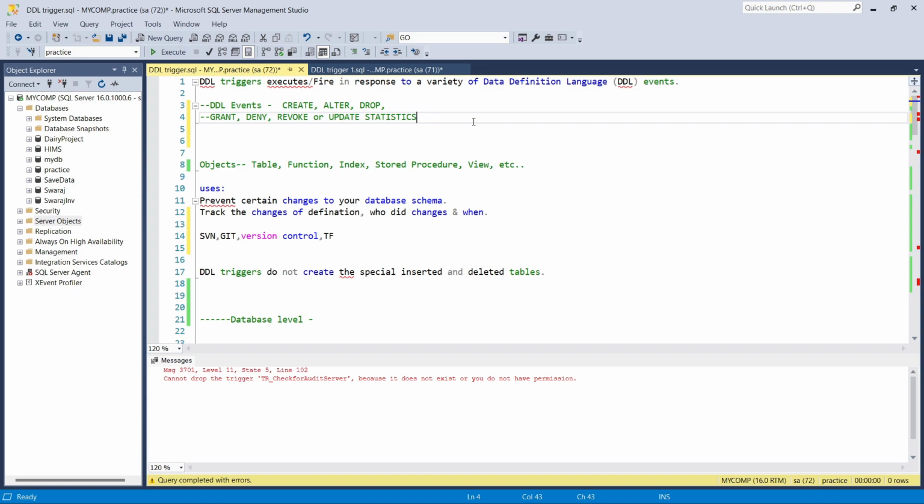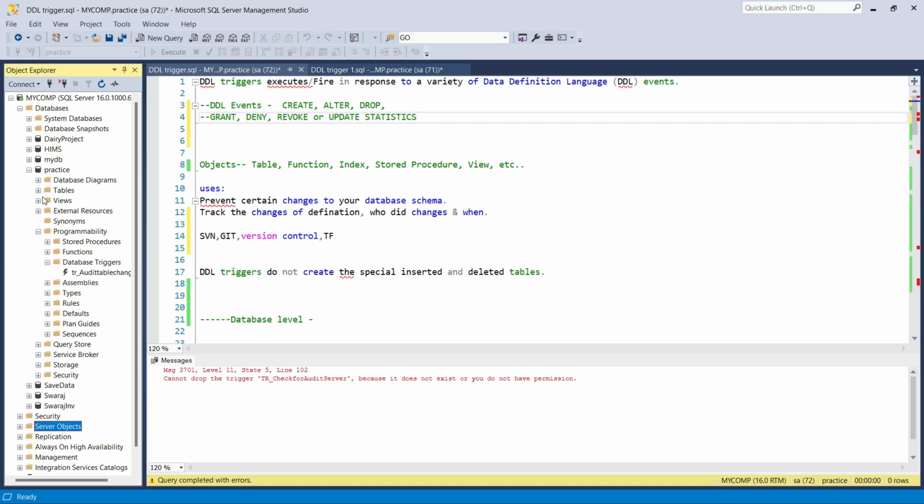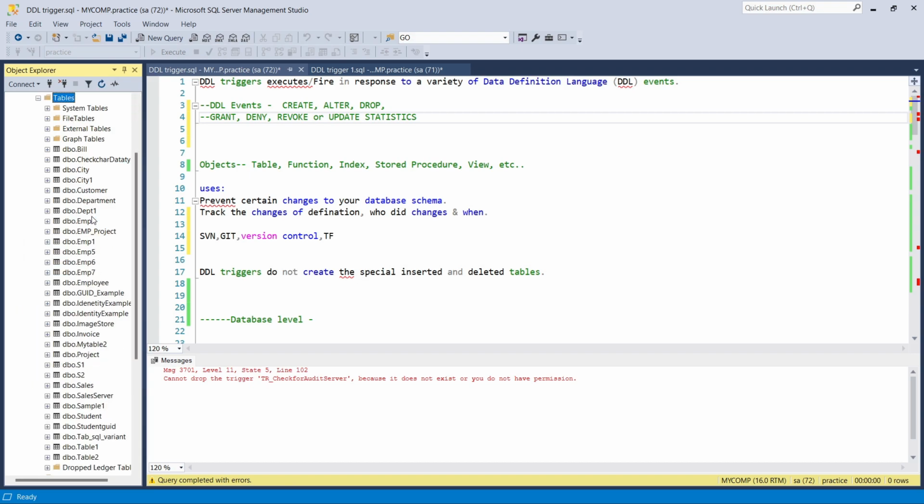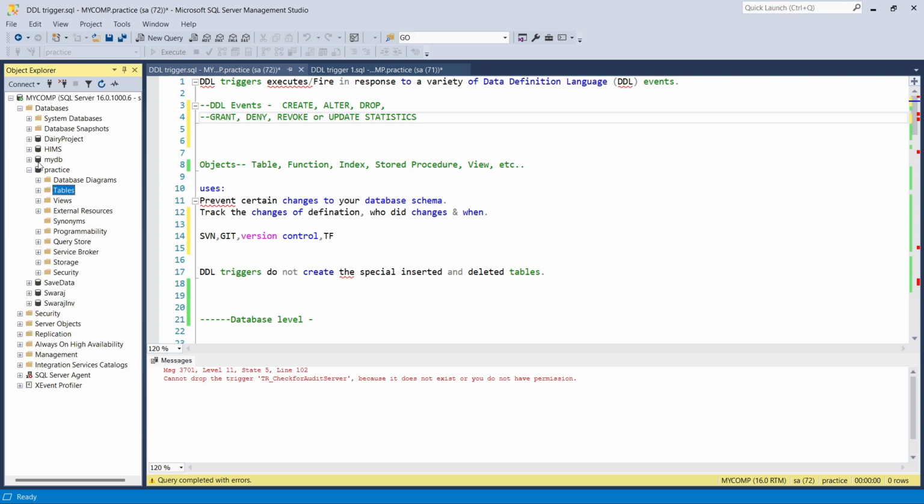First of all, I'm going to cover create, alter, drop in this video so that you can understand what the DDL events are, how to get the auditing from them, and on which objects we are applying those DDL events. There is a table, function, view, index, stored procedure. Suppose there are multiple tables here, correct. And if I alter or create any table, that event will be captured somewhere, so that the administrator can have a look at it